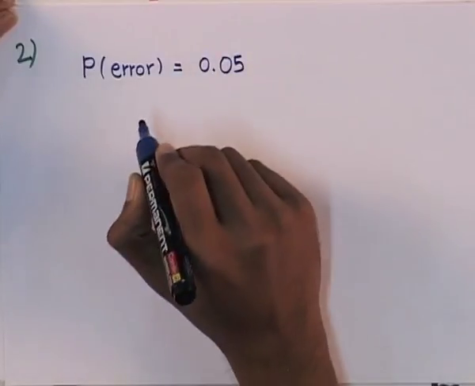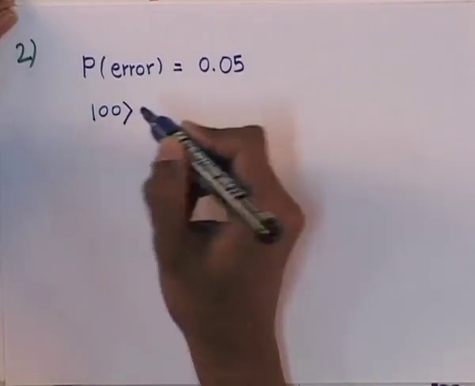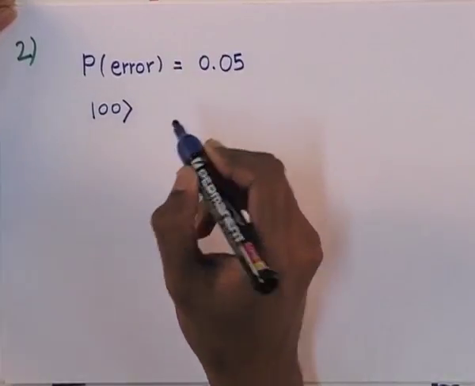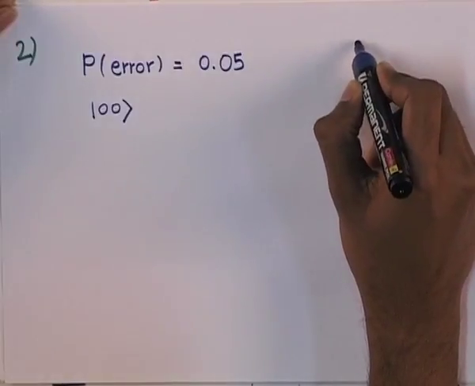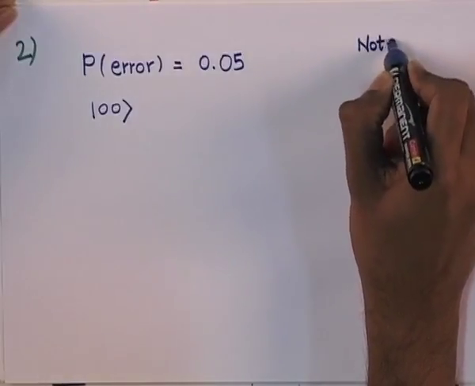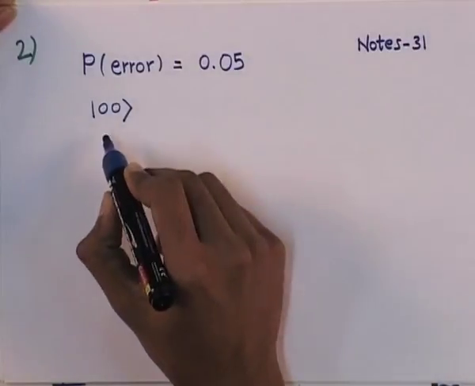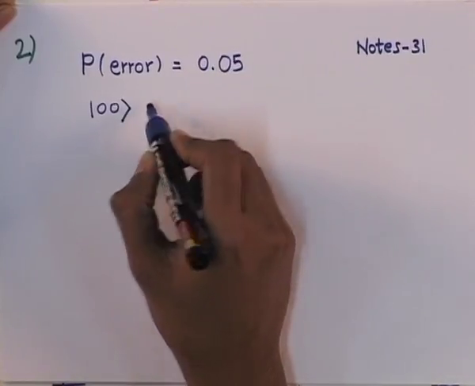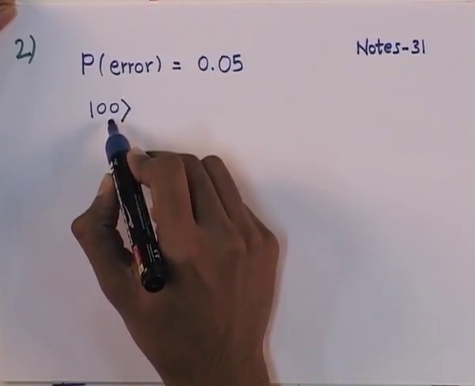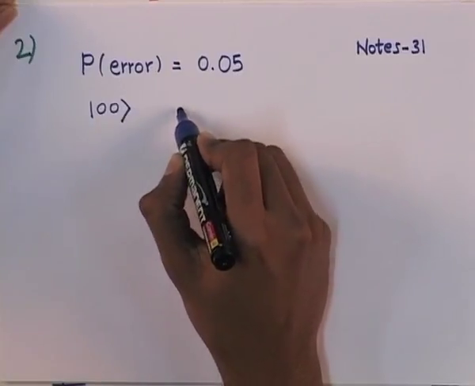It is also given that ancilla bits are measured as 0, 0. In the lecture notes 31, you can find which ancilla bits correspond to which state. Taking reference from the notes, we get 0, 0 as ancilla bits if the state is